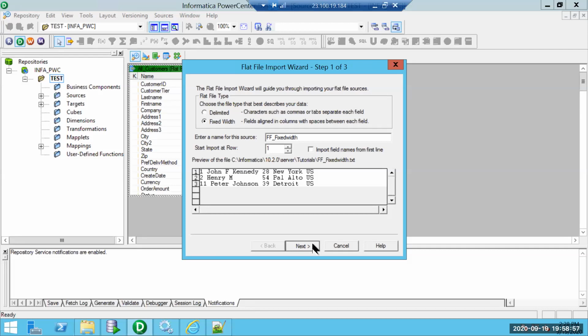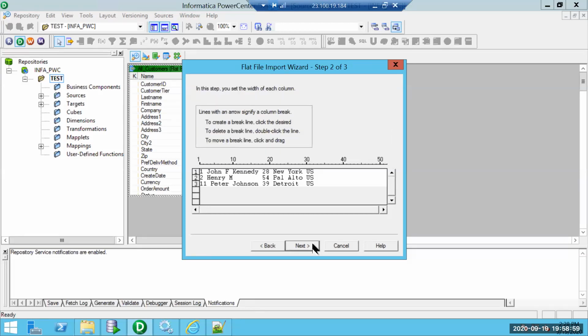These are based on the alignment. So I can choose here: this is my first column, this is my second column, this is my third column, fourth, probably, yeah, one minute. I can double click so that it will delete.